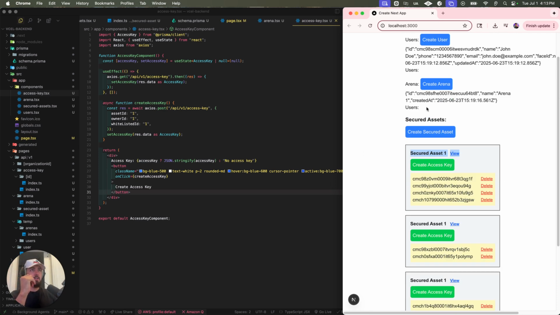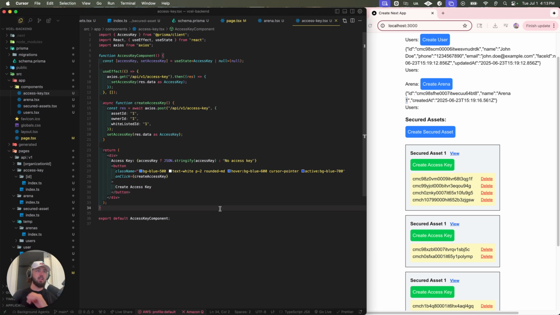So the idea here is I'll probably change arenas to relationships, secured assets. These will be like memories, right? And then you can still have people access the assets, or I don't know, you know what I mean? We might even scope it out differently, like secured assets are the relationships. Arenas are just who the person allowed us to see. I don't know. We'll have to think it through and see what makes the most sense. But end of the day, I really think, let's see. So arena, let's go arenas.